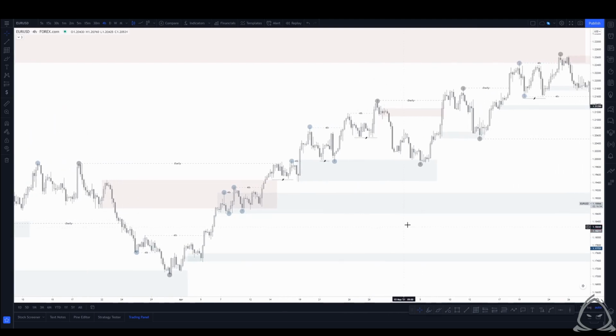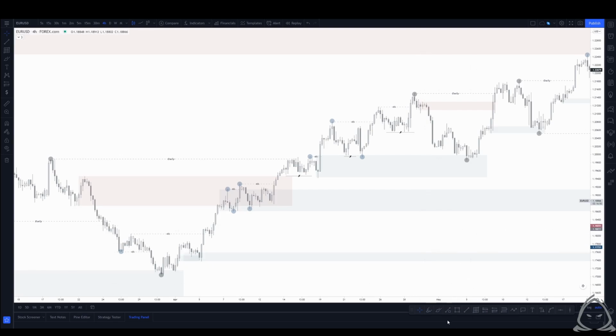And this will go into the examples that we were looking at in the previous structural videos, and this will also go in line with the swing, sub, and minor structure videos that we discussed in the previous videos. So as we can see, this high was not successful in taking out this low, therefore this low, once we start to get that change of character and switch to minor structure, was targeting this high. We now form a new high that creates this low that fails to take out that low, therefore this high